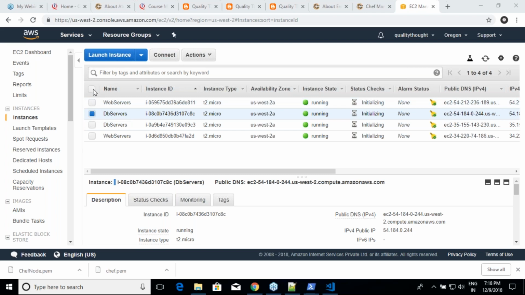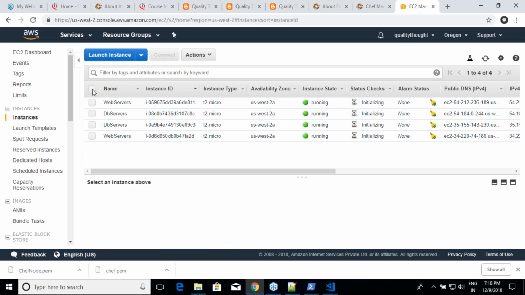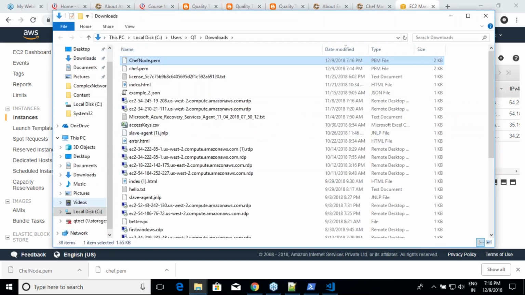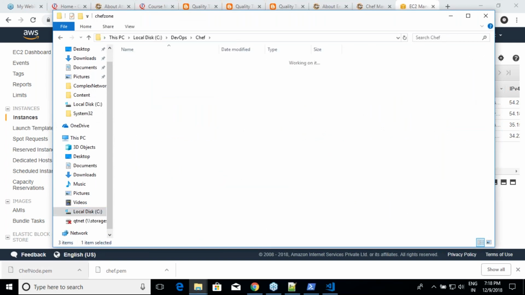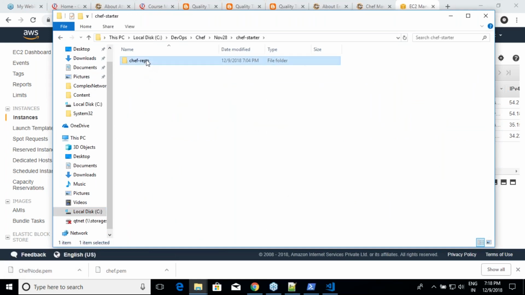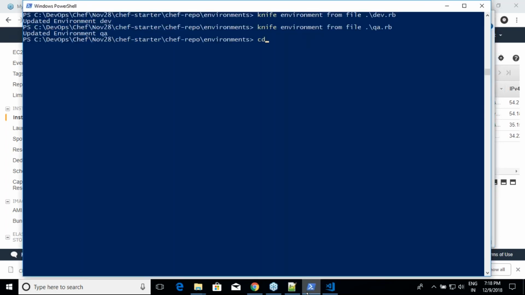So I have 4 machines, right? And let us see how it goes. The first thing I want to do, since I'm bootstrapping from this, as a safety measure not to mess up again, is go to my C drive, DevOps, chef, not chef zone, chef starter kit, and put my node.pem file over here, because even if I mess up the downloads, I still have one copy around. That is what I have missed. Generally, I do this, but I'm not sure.